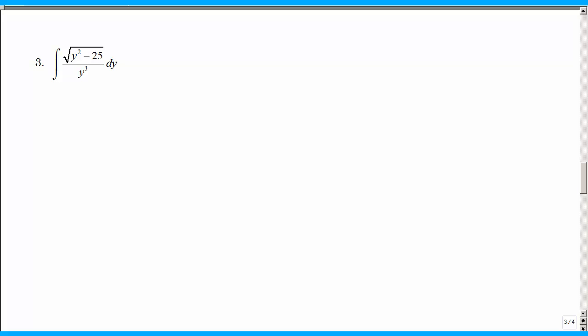All right, now we're going to look at a possibly more complex example. That doesn't look anything like an inverse trig function, but it does have a square root. It has your variable minus your constant. That's not arcsine. It looks kind of like arcsecant. So that tells me I'm going to use the triangle, and I'm going to put it in terms of secant